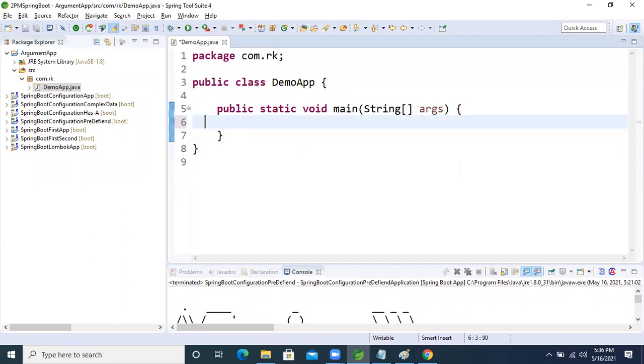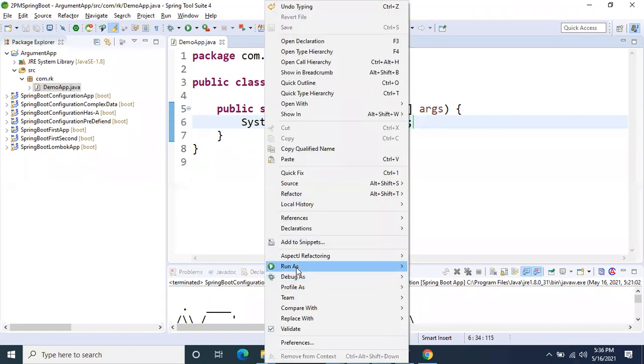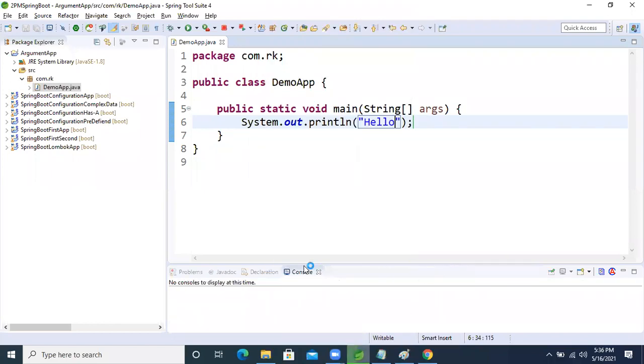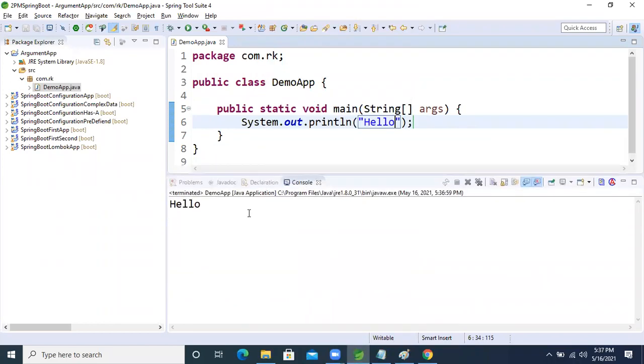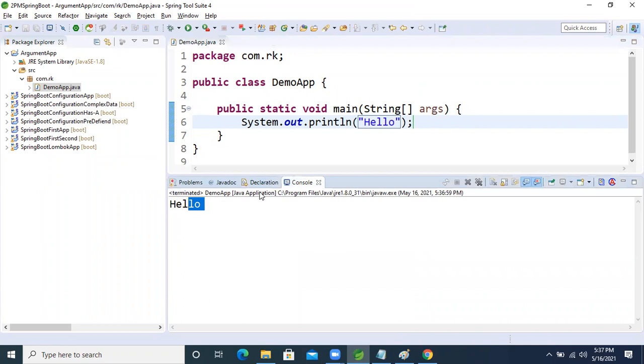I'm writing System.out.println with hello, and running this application as a Java application. We get the output hello on the console.